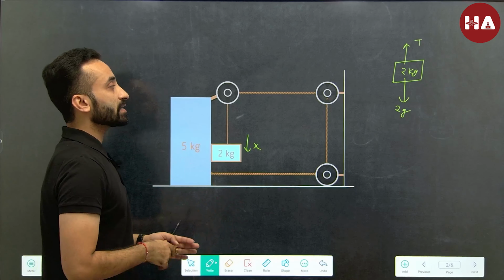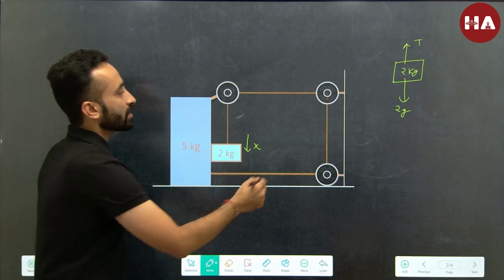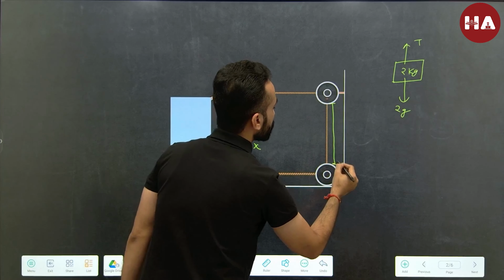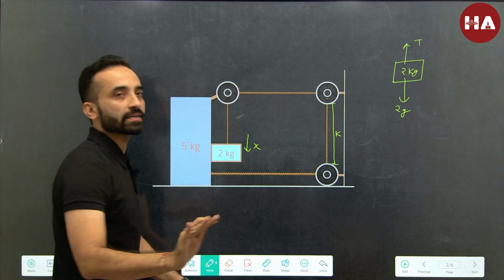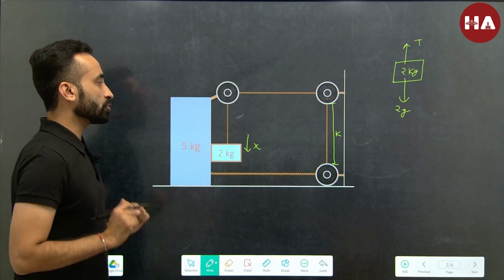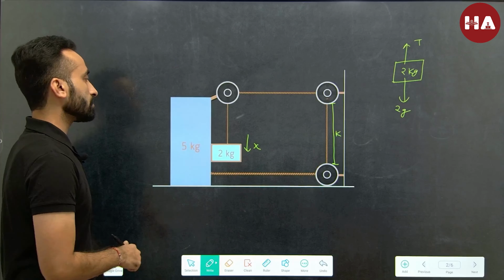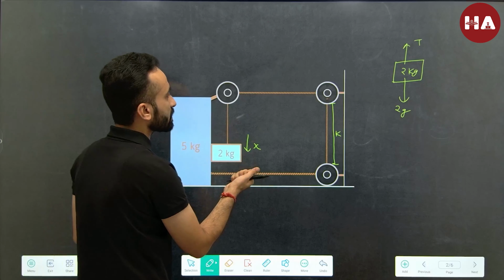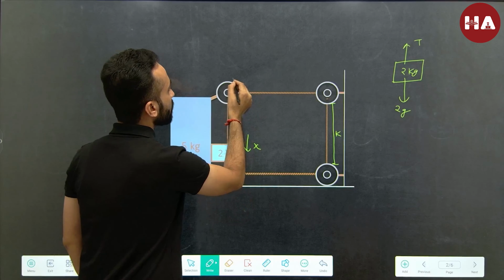So where is it decreasing now? Think about it. Can this length ever change? No, this length is constant. This length can never change. These two pulleys are fixed. So what happens then? Whatever is the gain in length here has to be compensated by the loss in length